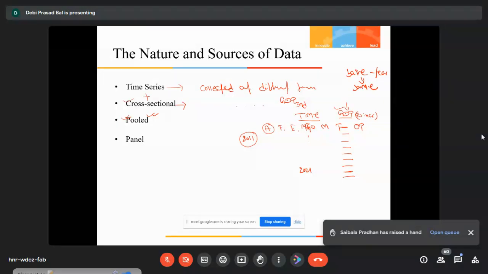Panel data is nothing but a special kind of pooled data. What does it mean by a special kind of pooled data? Let's say, for example, you are conducting research on the banking sector. There are different banks: public sector banks, private banks, and foreign banks. Within public sector banks, lots of banks are there. Let's say your study is based on public sector banks. Let's say you have time